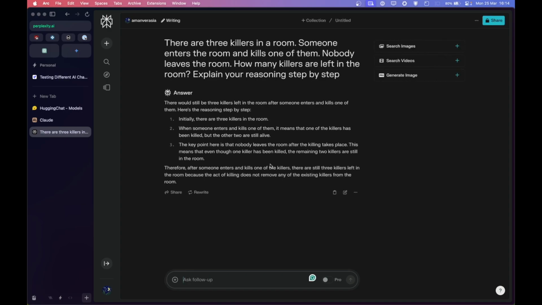When someone enters and kills one of them, it means that one of the killers has been killed, but the other two are still alive. The key point is that nobody leaves the room after killing takes place. This means that even though one killer has been killed, the remaining two killers are still in the room. Therefore,